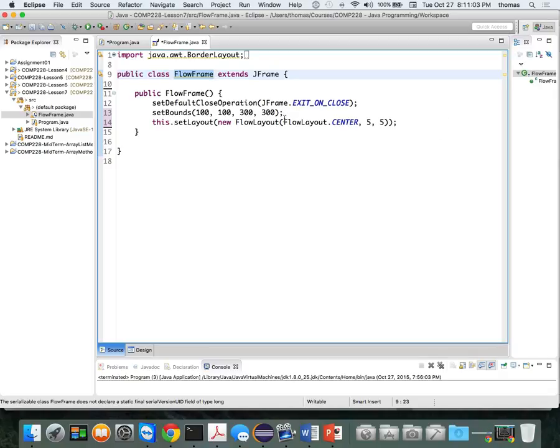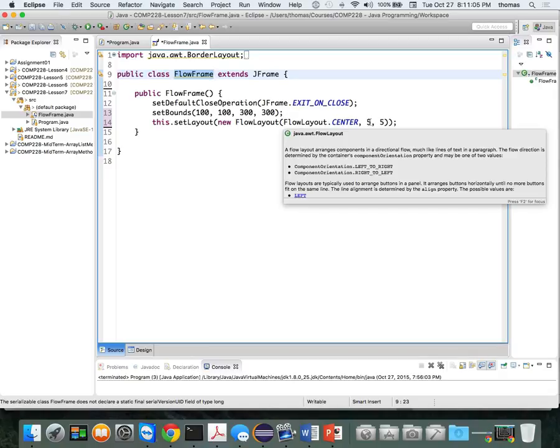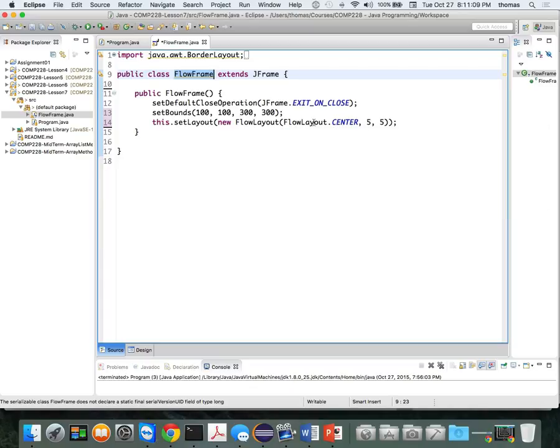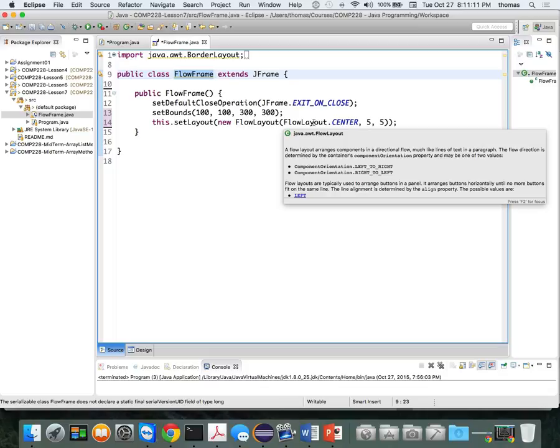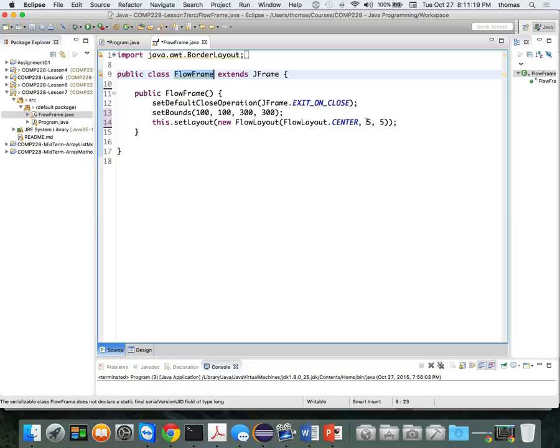And also, if you notice, I say FlowLayout.center, and then I have something called 5, 5. Well, if you look at this, FlowLayout.center is an enum that we're using to position things in the center, right? And then we have some other values here. So if I was going to, let me get rid of this stuff for a second, unless we don't need it, let's do one of those. But if I do flow layout